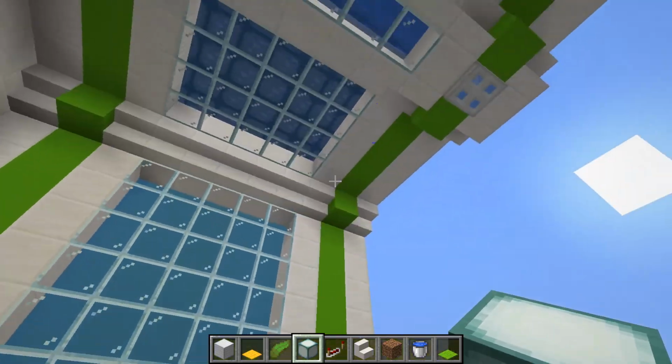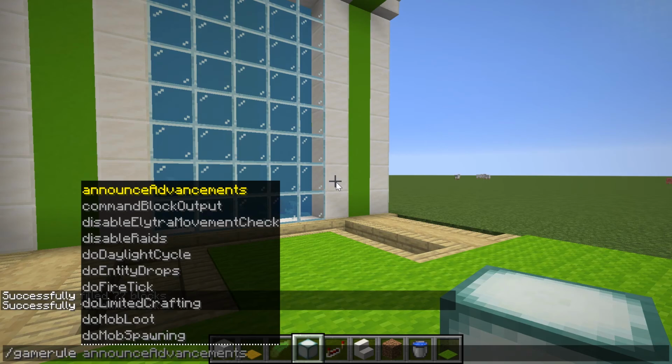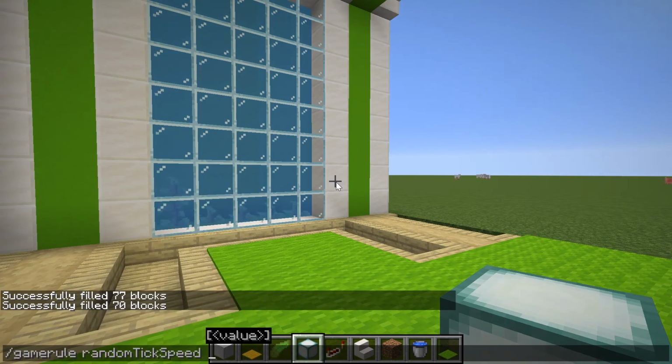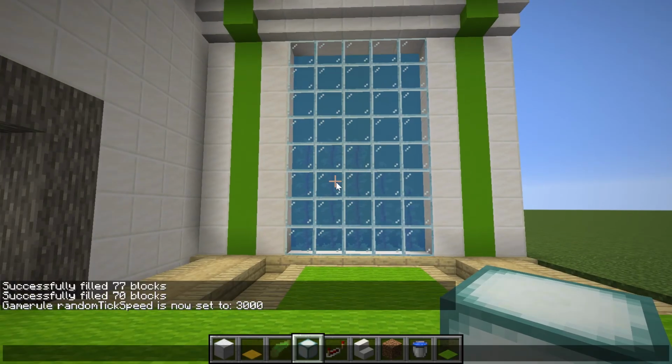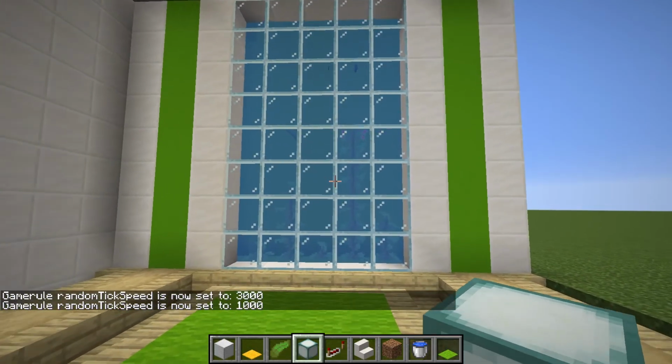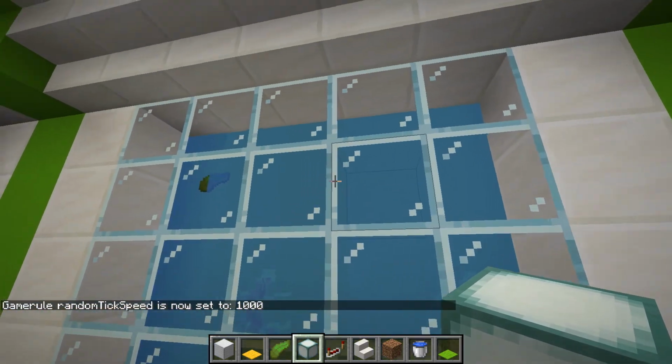It's very straightforward. Now what we're going to do is just change the game rule random tick speed to, let's say, 3000, which will speed these up dramatically. Actually, maybe that's a little bit too fast. Let's do 1000. So as these kelp grow, eventually one of them should grow long enough that it